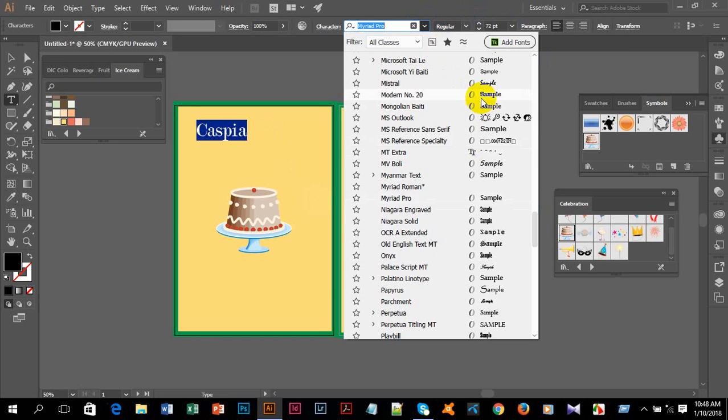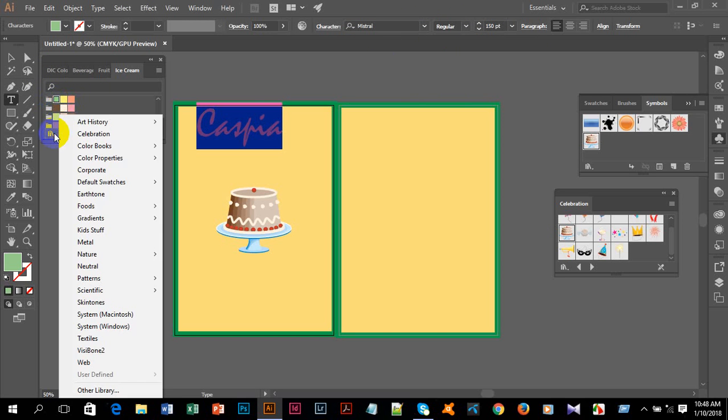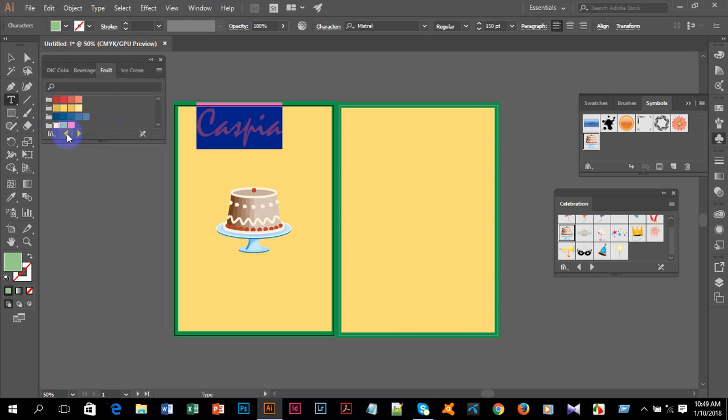From here you can take any font style. I have taken this and I am increasing it more, 150 I am giving, and then I am changing the color. I am changing its color so it will look good.